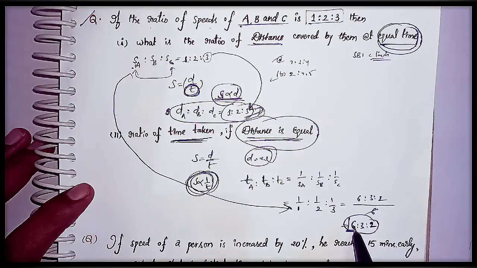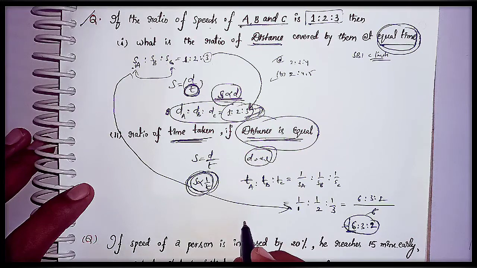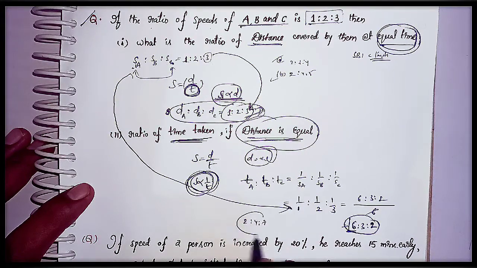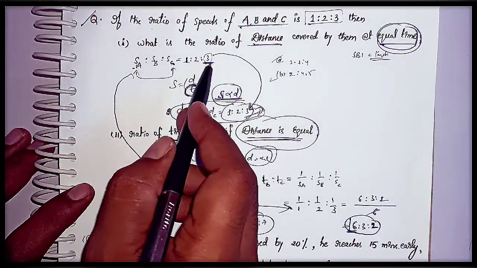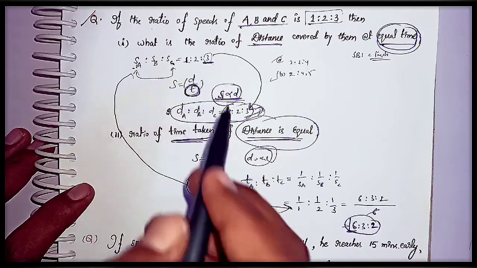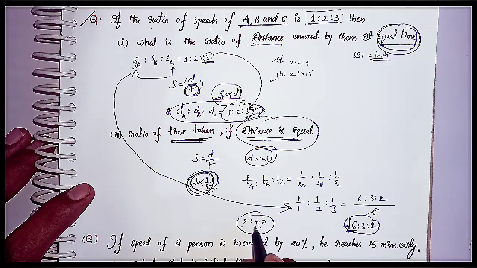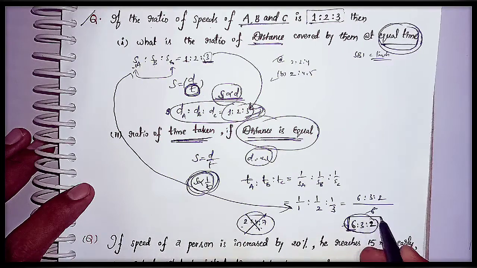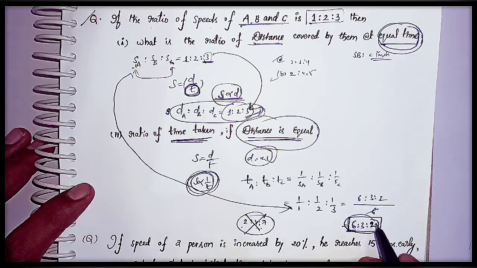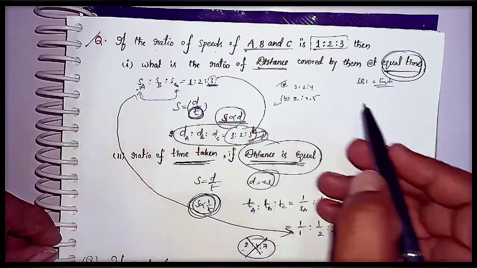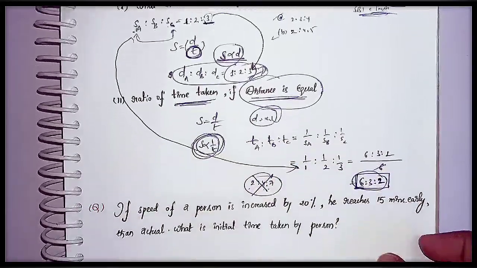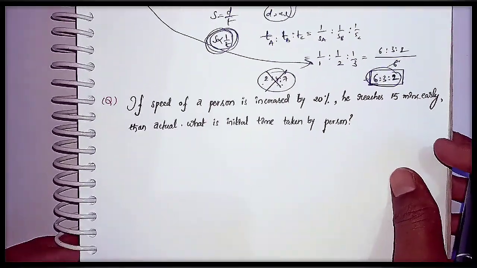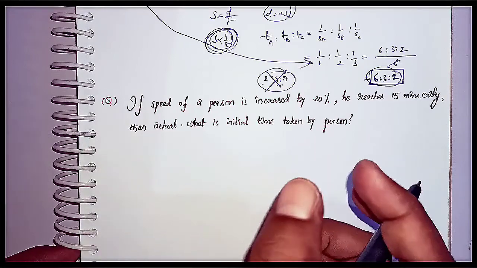Sometimes, if you mistakenly get, for example, 2:4:7 like this, you can compare it, because he has a speed of 3 kilometer per hour, but then he would take more time than these persons. If you get this, it is wrong. So like that you can check whether the answer you get is correct or not. This is a most important question asked in the SBI clerk exam, and these are the first model questions.